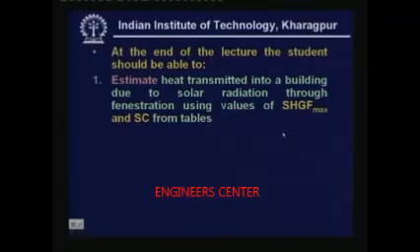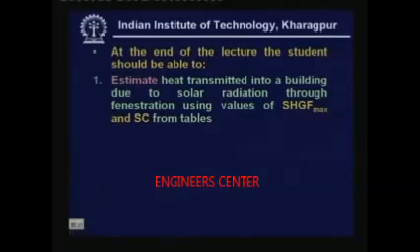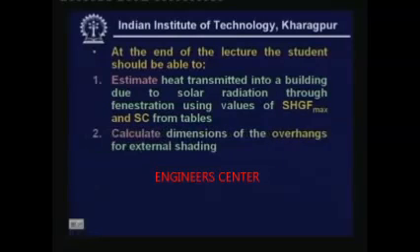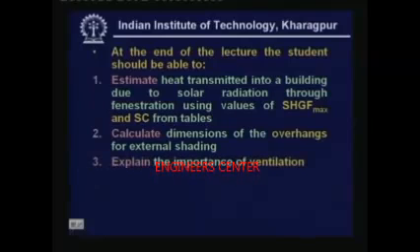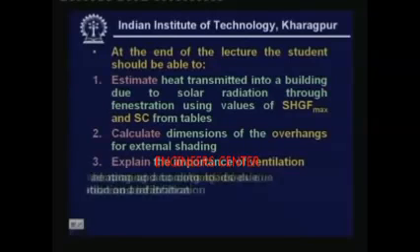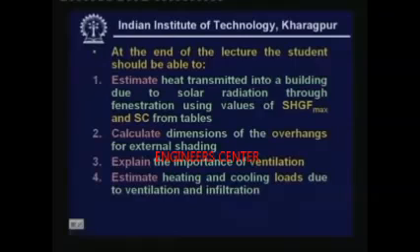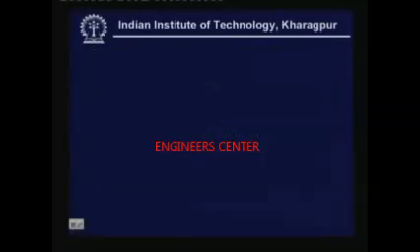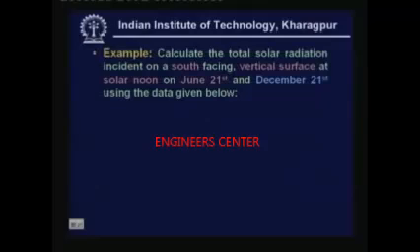solar radiation through fenestration using values of solar heat gain factor and shading coefficient from tables, calculate dimensions of the overhangs for external shading, explain the importance of ventilation, and estimate heating and cooling loads due to ventilation and infiltration. Before that, let me just work out an example on calculation of solar radiation on a